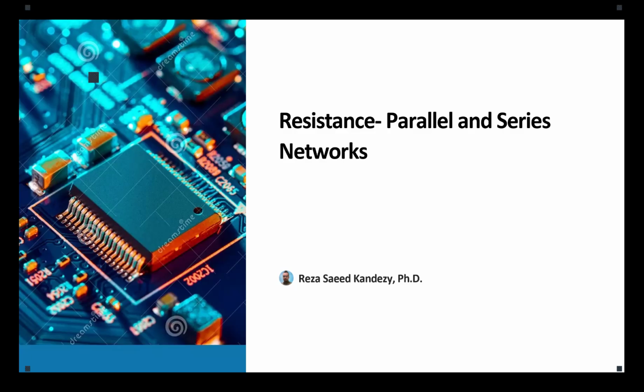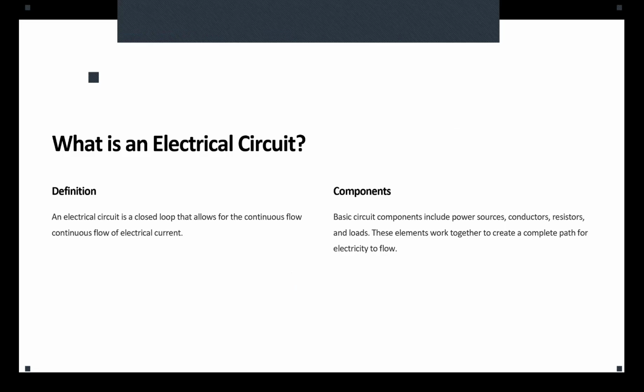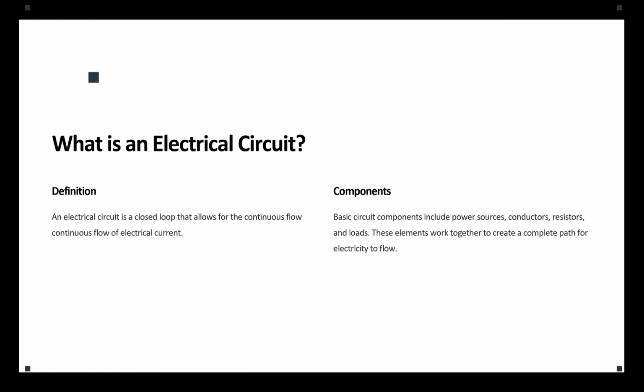Now, work with me. Let's start with the basics. What is the electrical circuit? The official definition of an electrical circuit is a closed loop that allows for continuous flow of electrical current. Okay. So we would have some basic circuit components that could include power sources or conductors, resistors, loads, capacitors, inductors. There are several passive components and also several active components, which you are going to learn about after